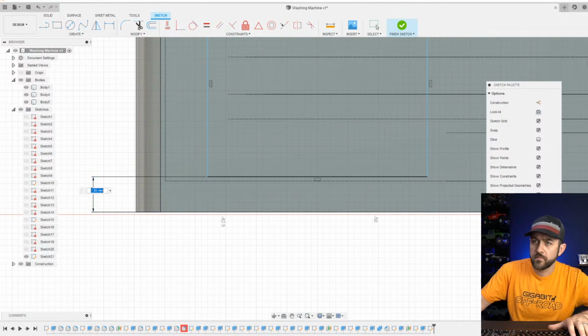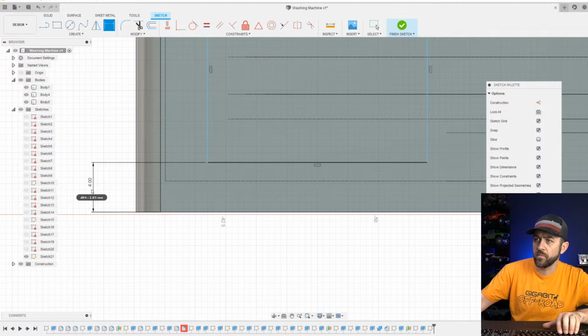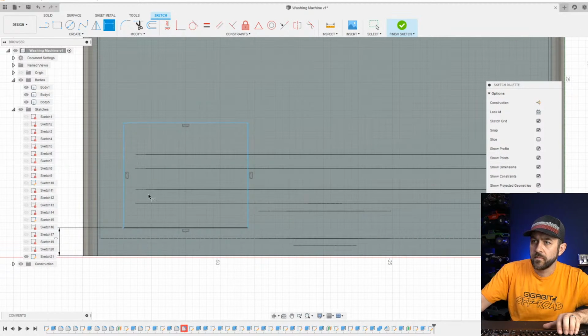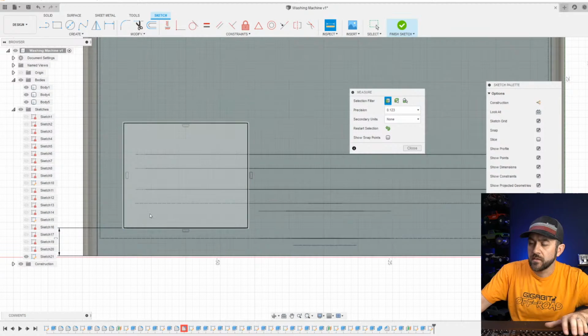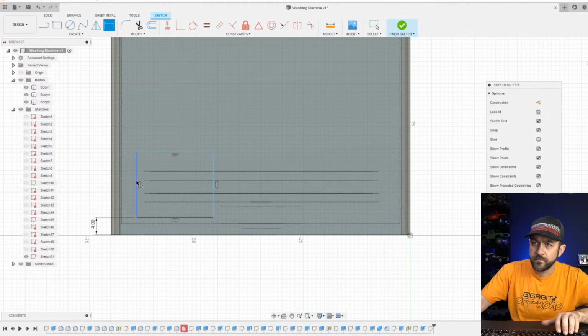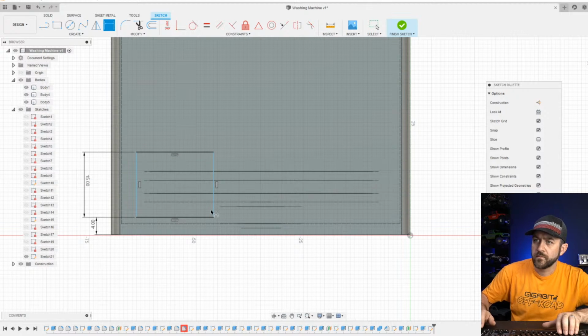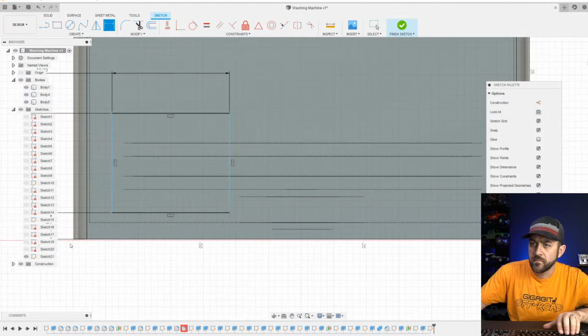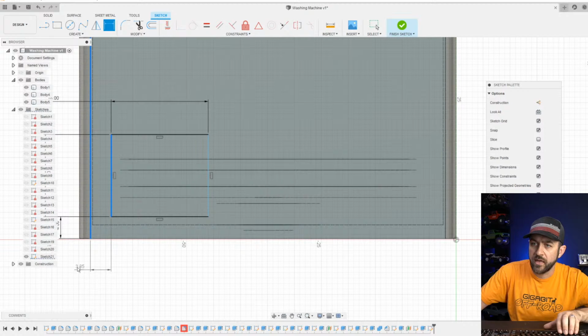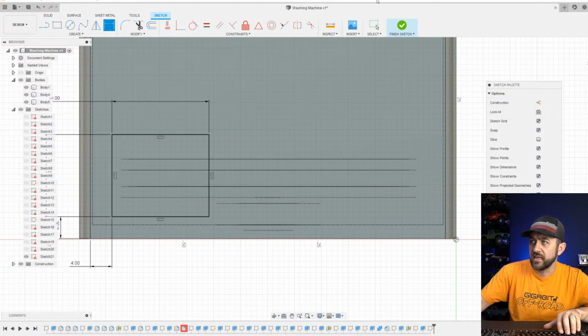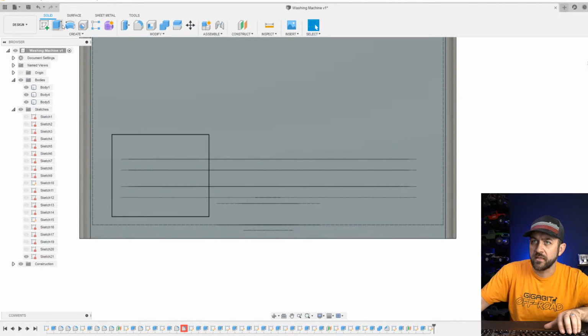Let's go 4 millimeters. Now I'm going to do a quick inspect. 15 is fine. None of these dimensions are really critical, so I'm just kind of throwing some things together for now. We'll adjust as needed, but I always like to have my dimensions be